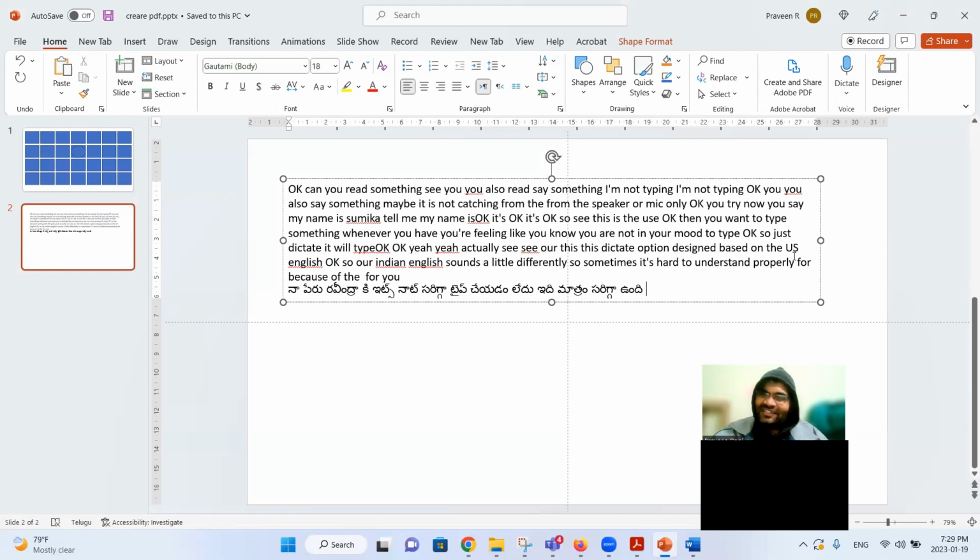Okay, so like this, even in Hindi you can try when you want to type something. And even for presentations, just put the cursor, choose dictate and try. Okay, let's try Hindi now because Hindi is useful for